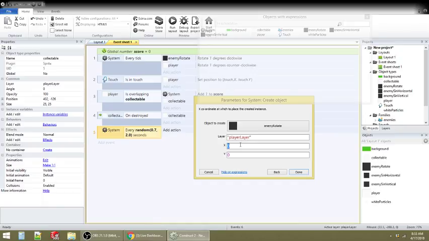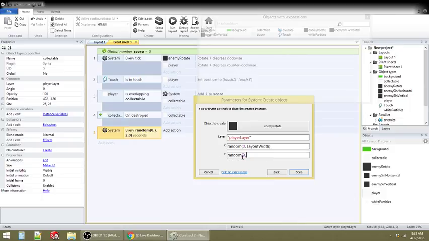And now here for the X and Y, this is where I want to decide and have it show up randomly. So for the X, I'm going to say random. 0 is the low range of the random, and then the layout width is our variable that takes us to the full size. So from that to layout width, and for our Y, it's going to be random